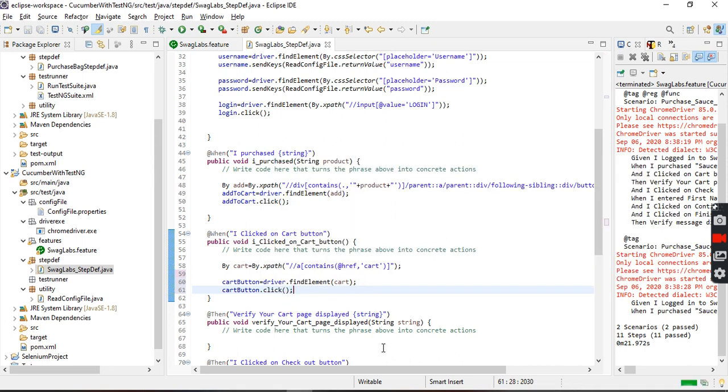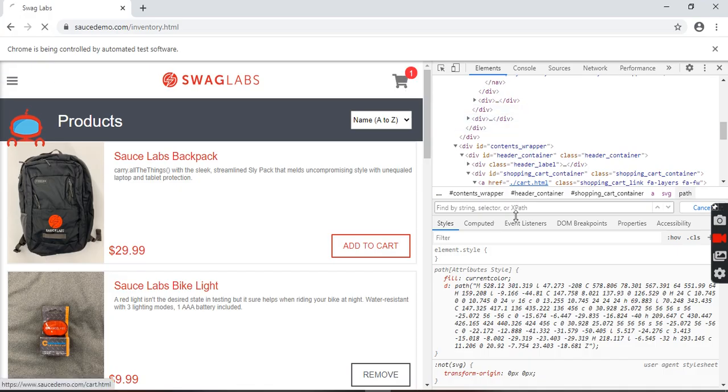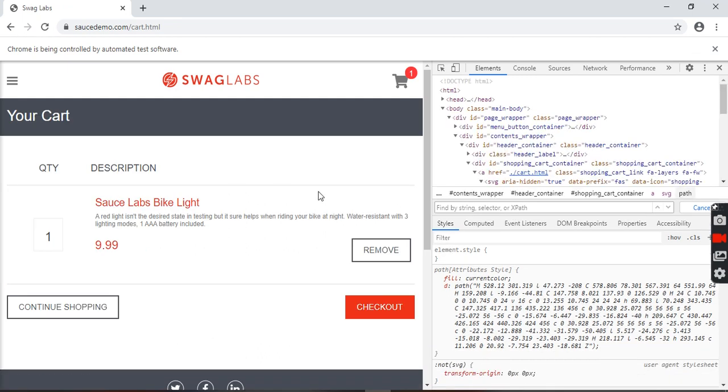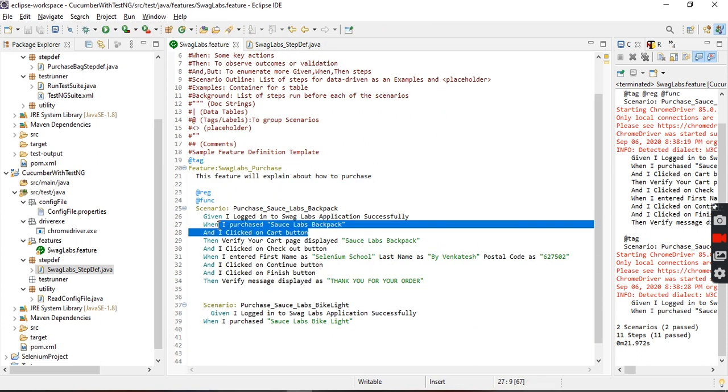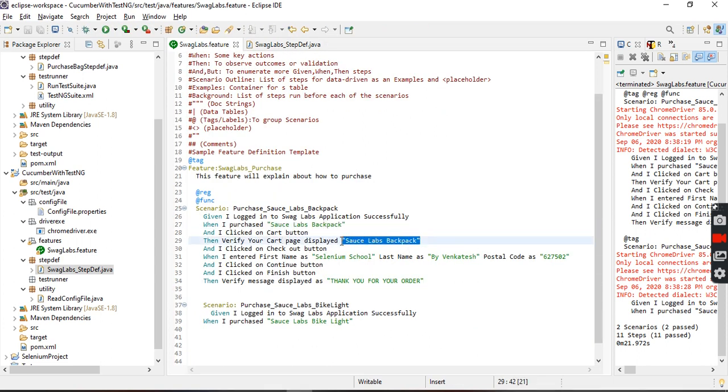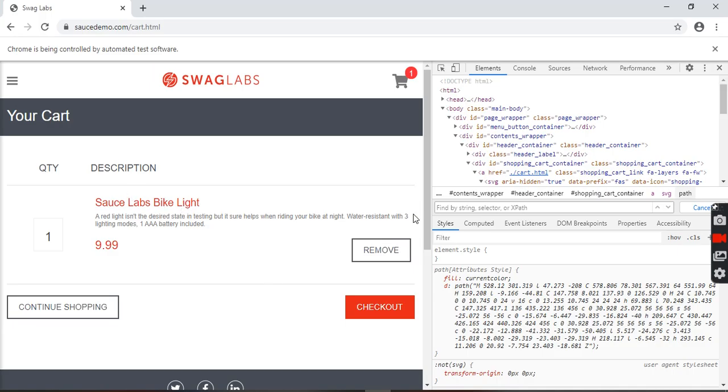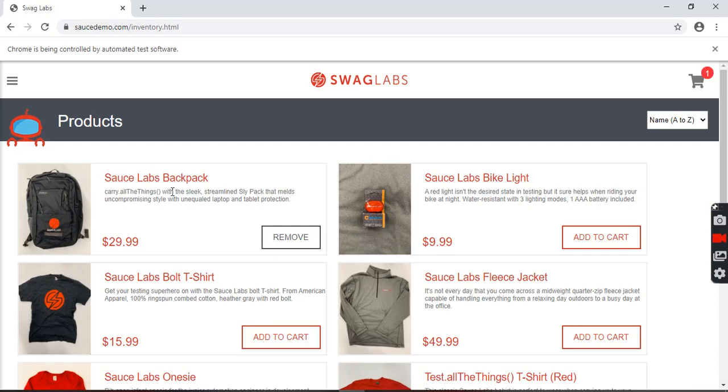So now this cart is clicked. After that, what are we going to do? We have to verify it. What are we going to verify? After this, we are going to verify whatever we clicked on here, is it displayed or not? Verify your cart page is displayed.